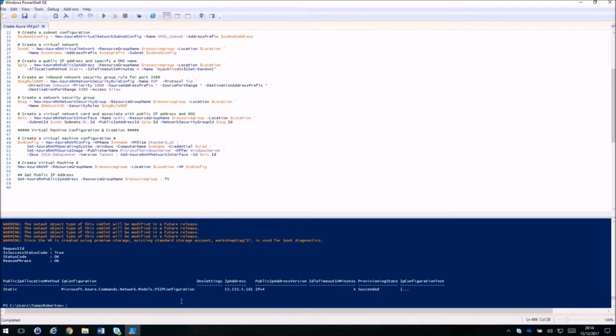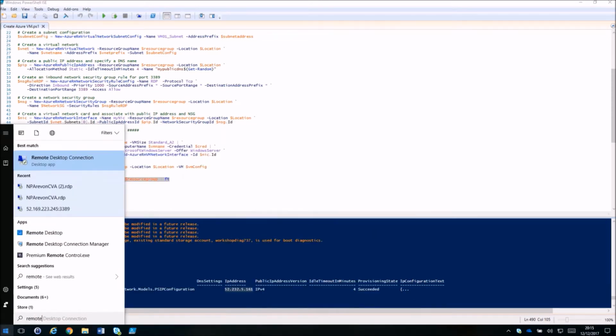Okay, so we can see now that the command has completed. You can see just by the fact that it has an error. That's one of the great things about PowerShell: if you have got an error, then it's worked and it's been successful. But also you can see it has run that last command which I mentioned, this one here, which will give us the public IP address straight away for the virtual machine. So I'm just going to take a copy of the IP address now,